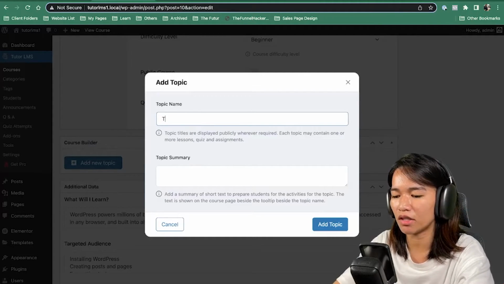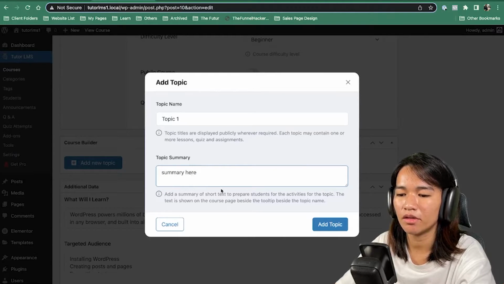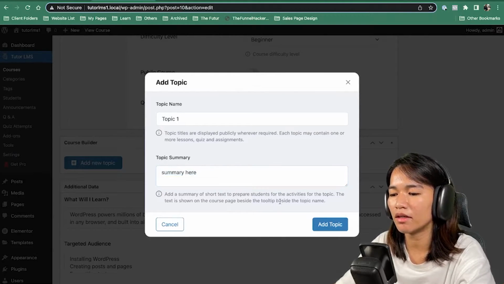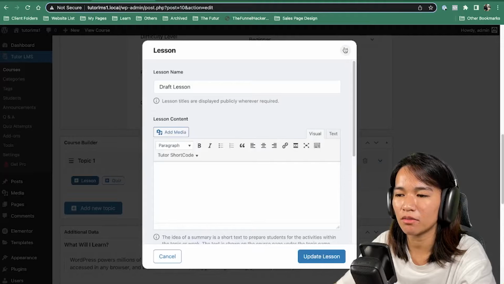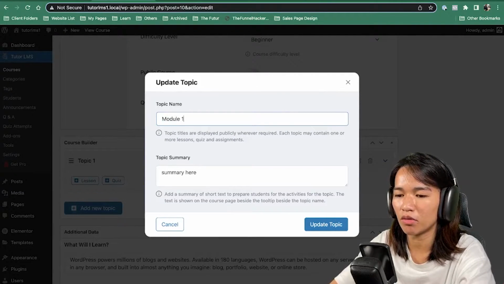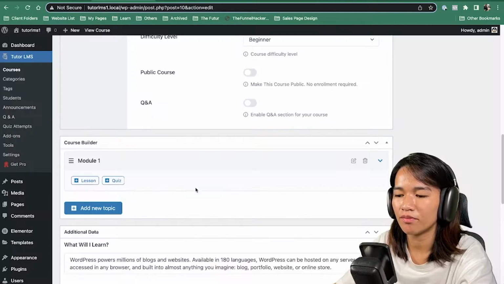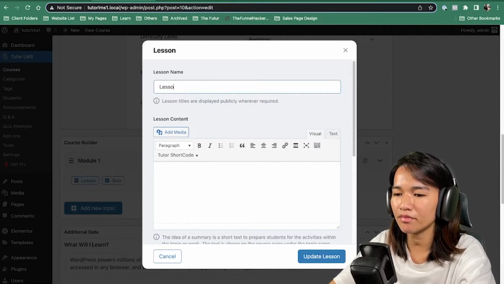So let's just say topic 1, summary here. And then I'm just gonna add a topic, and then I'm gonna add lessons. So basically, I think what I want to do is I want this to be module 1, and then this is the lesson. So let's just say lesson 1,